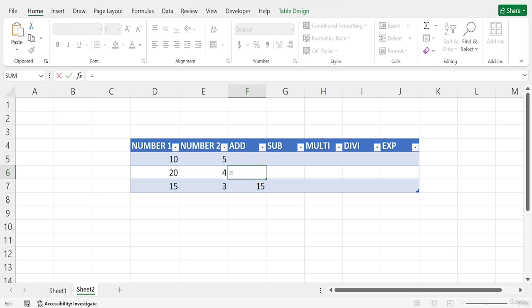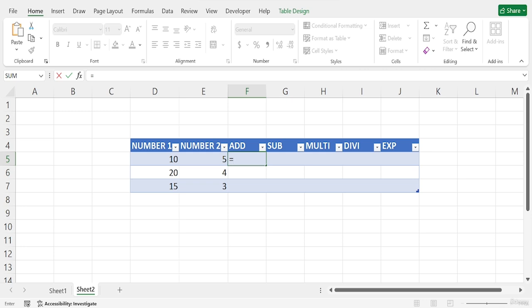But when we use a formula with cell references, this problem will be removed. In the data set, if I use a formula in only one cell, it applies to all the other cells.